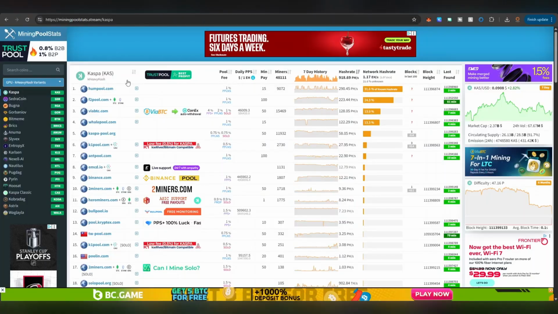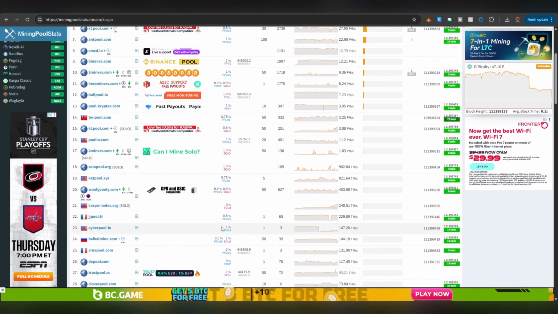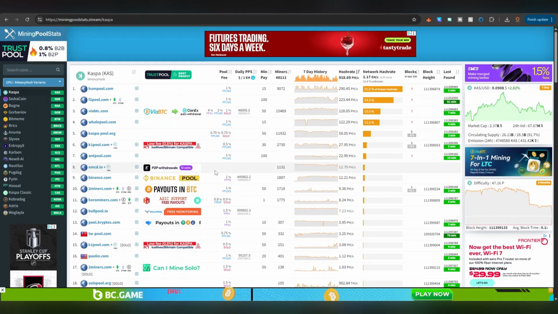Let's set it up. First thing we need to do is take a look at what pools have solo mining as an option. It looks like for Kaspa, there's tons of options. We got via BTC, their fees 1%. KaspaPool.org is 0.75%. It looks like Hero Miner's got 0.9% fees. K1 Pool for solo has a 0.5% fee, and it goes on and on. You guys check out which one would work out best for you, or better yet, mine to your own node. I'll be doing future videos where I show you how to mine to your own Kaspa node as well. But for now, I'm going to show you the easy way. So I'm going to go with